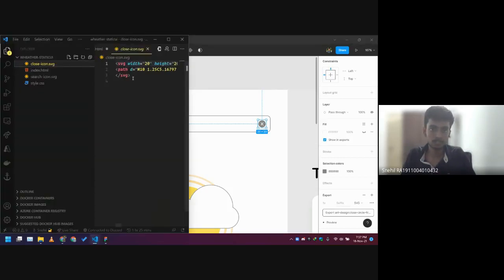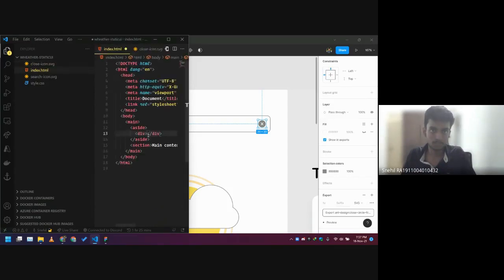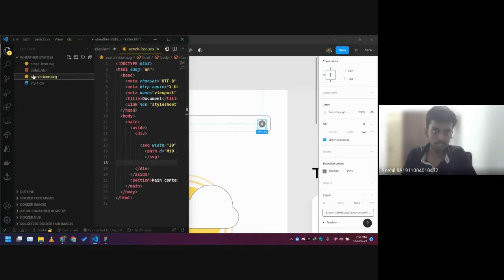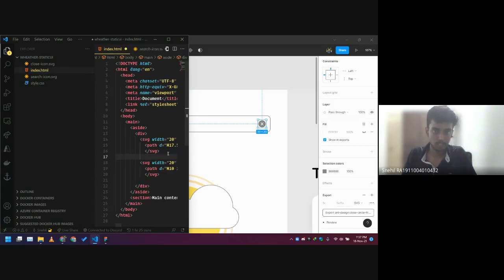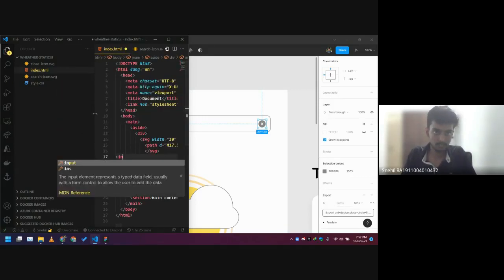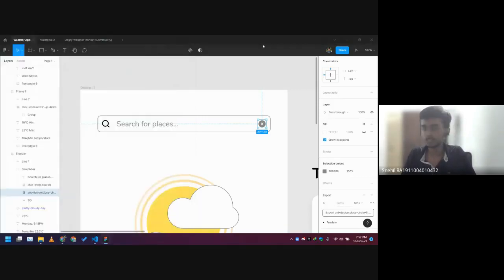So in order to achieve that, we can just copy the SVG and paste it directly into the HTML markup here. And similarly for the search icon also, I'll do the same. So I have the two SVGs inside, and then oh, by the way, you guys must be needing the design